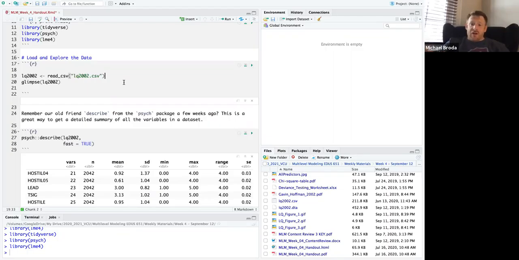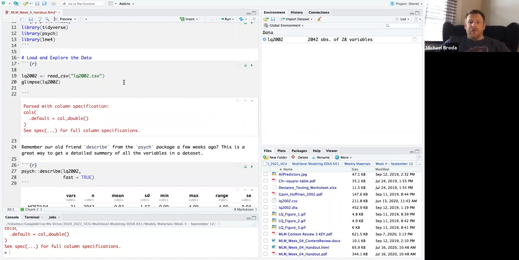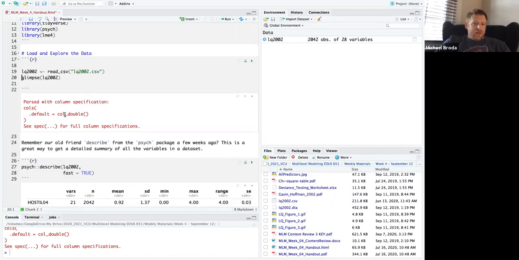And to run something line by line, you just hold down the control button and press enter or return. And that runs only the line that you're on. So we get a little message here, parsed with column specification, default equals column double. So basically, pretty much everything in this data set is going to end up as a double, and I can change that if I need to. And then up here in the corner, I now have a data set called LQ 2002 with 2,000 observations of